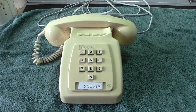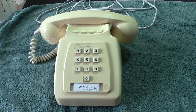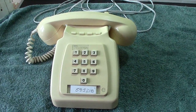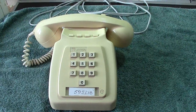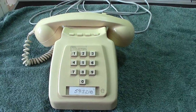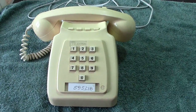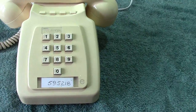Hi once again. We've got another press button GPO or post office type phone. I think this is the last of this type of phone, 746s with press buttons. I think I put 3 up. Anyhow, this is, as far as I know, the last one, unless one turns up in the cupboard upstairs, which I don't think it will. Anyhow, this is the